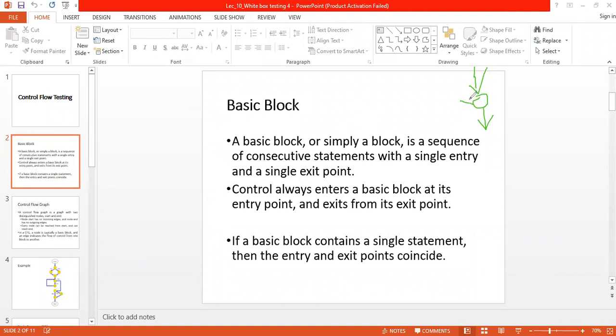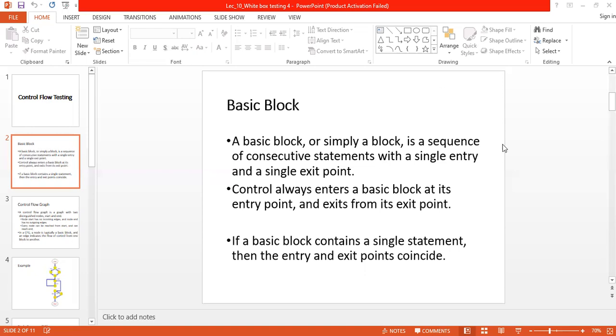So this will be a statement. And the control always enters a basic block at its entry point and exits from its exit point, right? If a basic block contains a single statement, then the exit and entry points coincide, right?